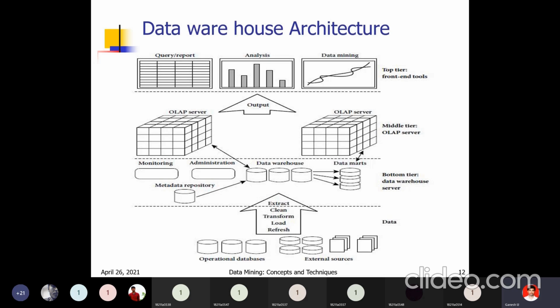Like that, if we take one data mart for CSC, we can take different branches and different departments. Data mart 1 is related to the ECE branch and contains all ECE-related data. Data mart 2 is related to the CSE department and contains all data related to computer science engineering. The third is related to information technology. So like that, different data marts are there.